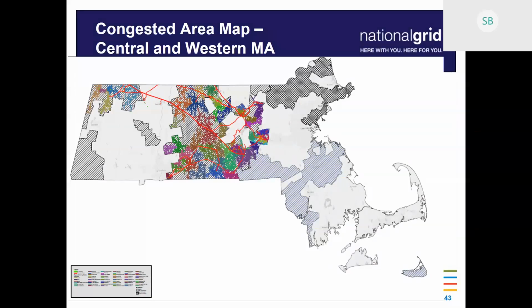The different colors, which you can't see in detail, are meant to illustrate which substations are affected. Each color illustrates the distribution lines coming out from a particular substation. Those are all the substations in geographic areas of really high proposed DG penetration. And the thicker red lines illustrate the transmission lines that connect all those different areas.